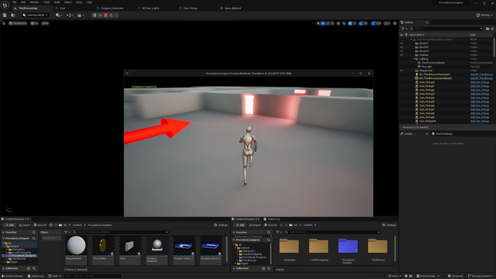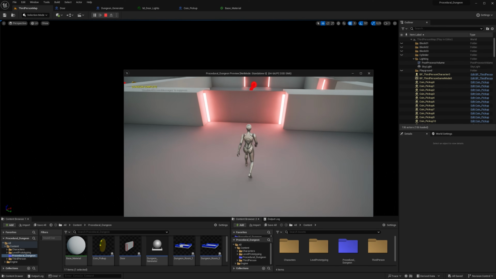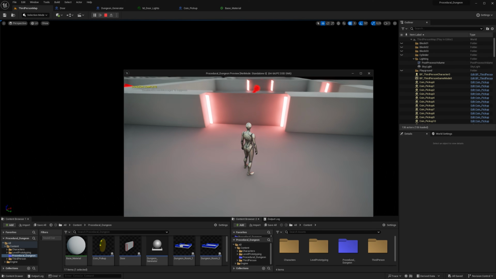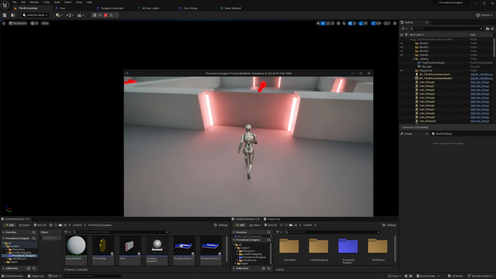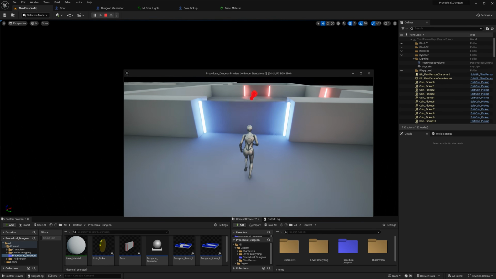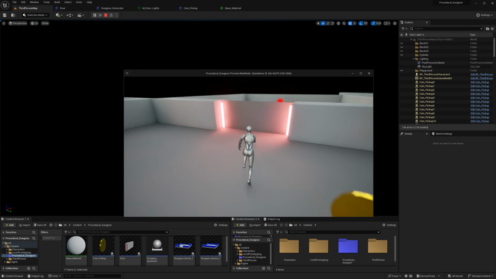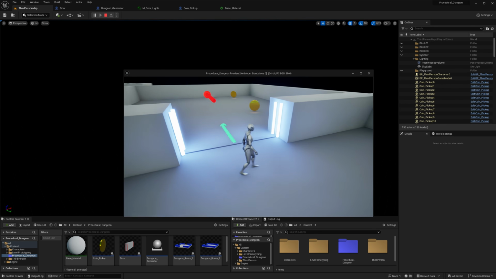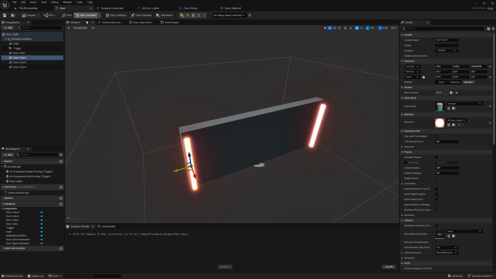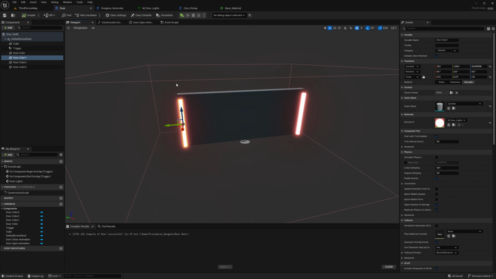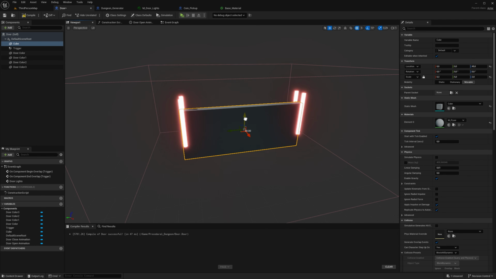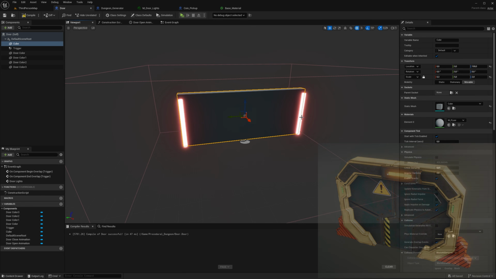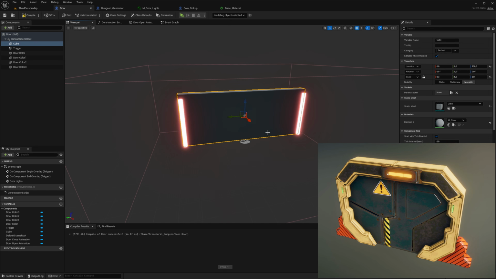So now we have awesome looking lights, and they emit light onto the environment because Lumen is on by default. See, now it changed lights. Now it looks even more badass than before. And again, you just go in, see here in the door, you make your door frame with lights and everything you need, and then all that moves is the door itself here, right? You can build everything around it so it looks like an awesome door frame, and you can go into Blender,